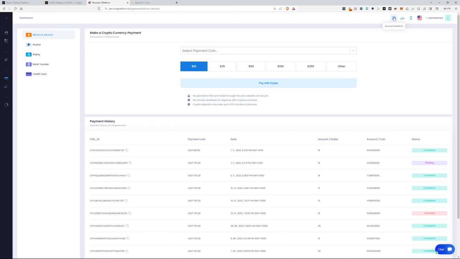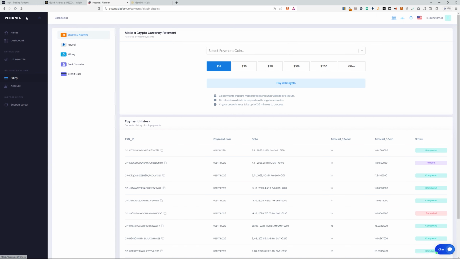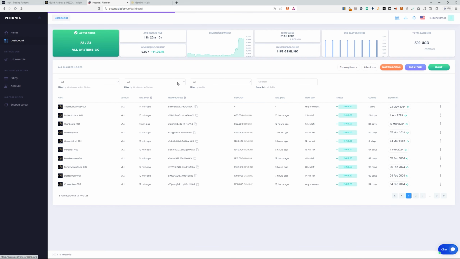And if I now click on the balance icon, I can see that my $18 have been added to my initial balance. Now that you have USDT on the Pecunia platform, you can go to Dashboard. Once in Dashboard, click on Host